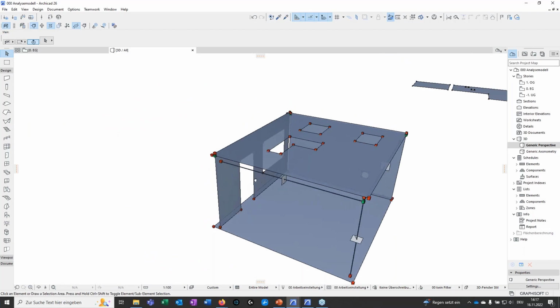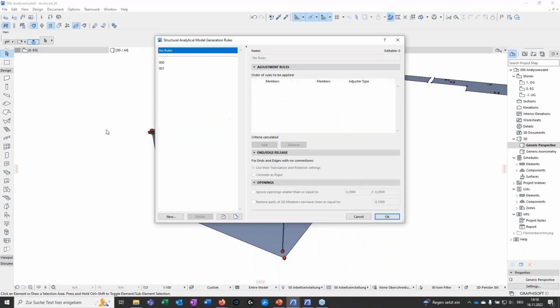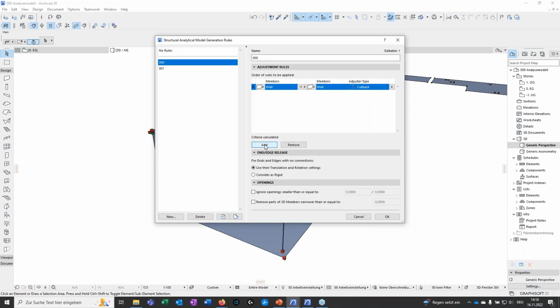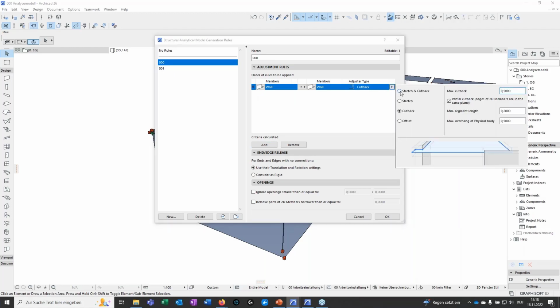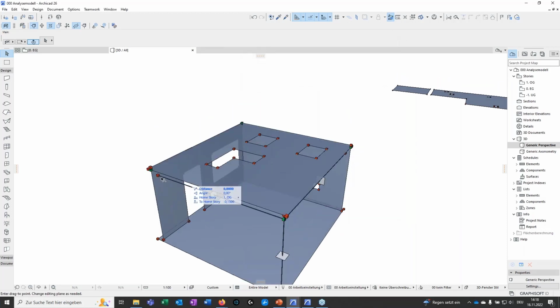And for this, we have rules in Archicad, and I will show you the main thing in this one setting. We can create a different rule set, export and import them, and normally it's always the same thing. The logic is very simple for this whole thing. I add a new rule, and this rule says that we had a wall, and it will be stretched to the next wall. And when I do this command and edit,